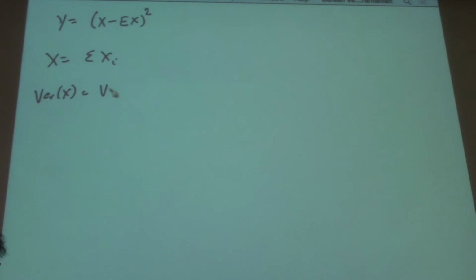Okay. So let's look at our example. Again, remember that we had the Xi, we had X equal to the sum of Xi. In order to apply Chebyshev's inequality, we need to know what the variance of X is now, right? So the variance of X is equal to the variance of the sum of Xi. And because we now assume they're independent,